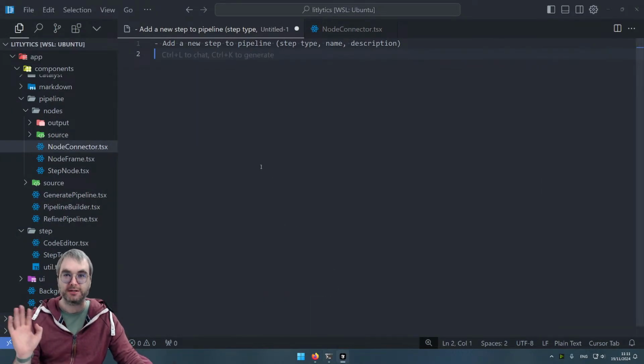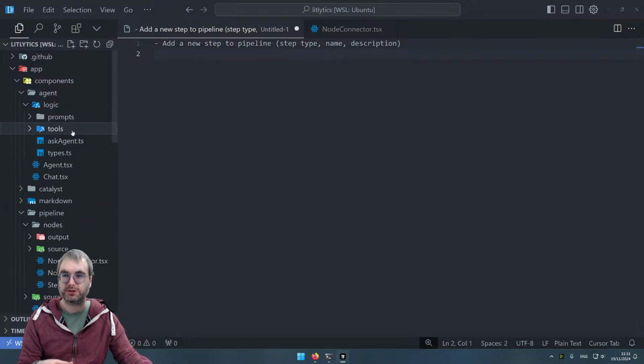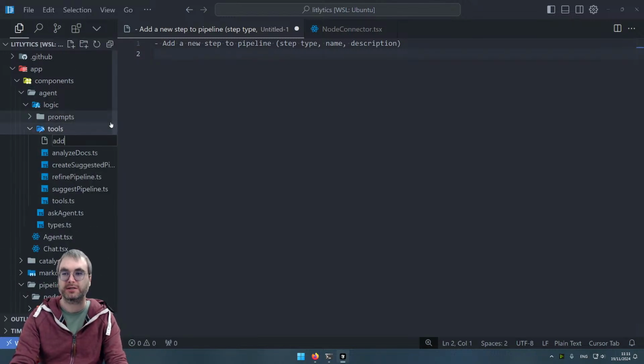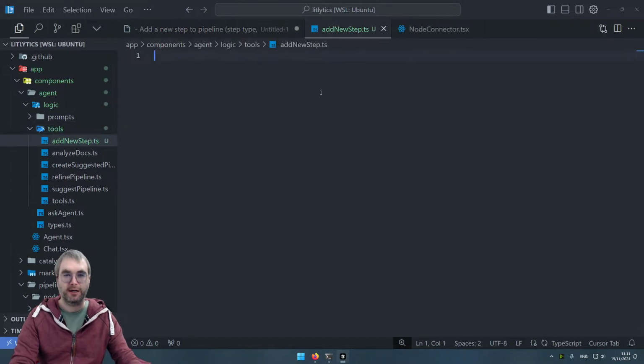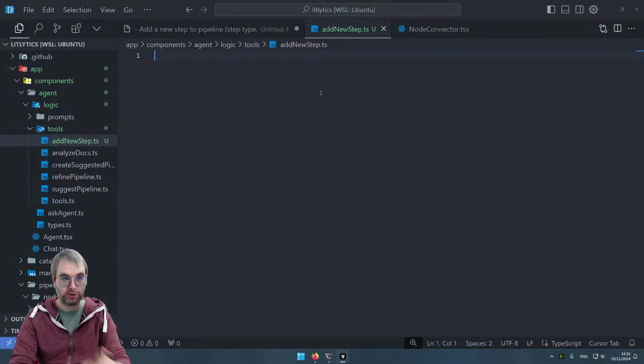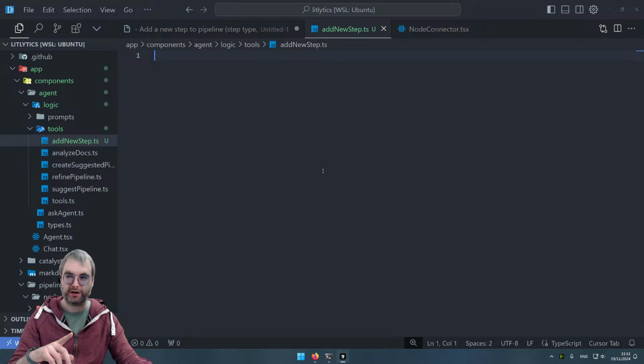Cool, so this is running, this is good. So what do we need to do? We need to create a new tool, right? Add new step TS. And another note, I've been shown, so if you notice, I'm not running VS Code, I